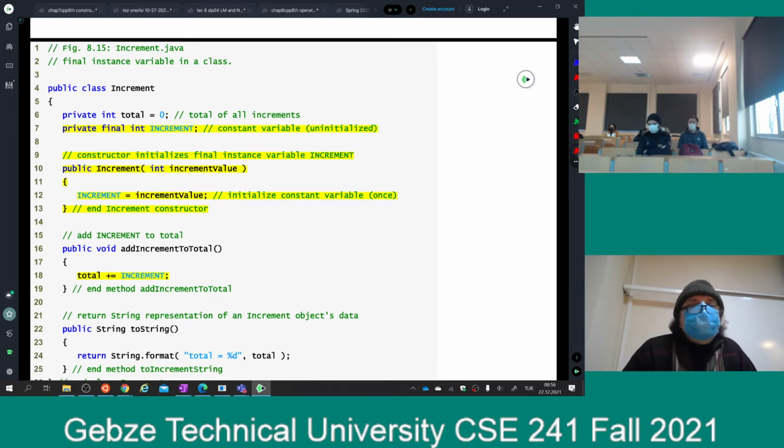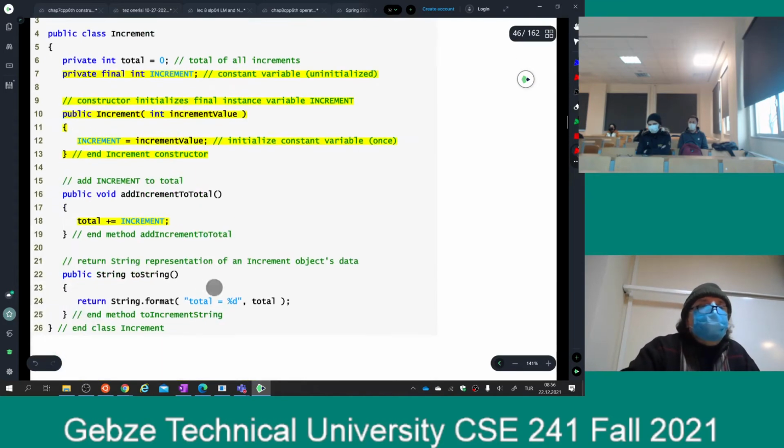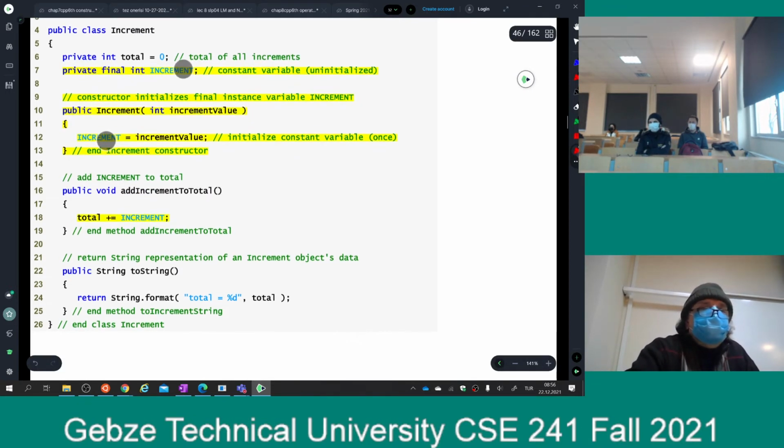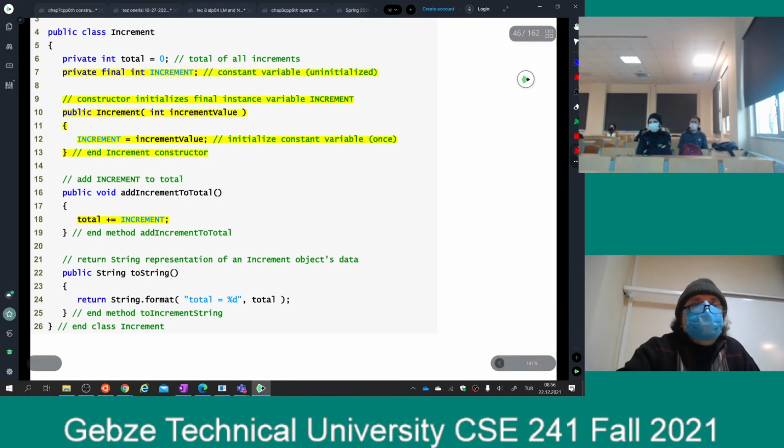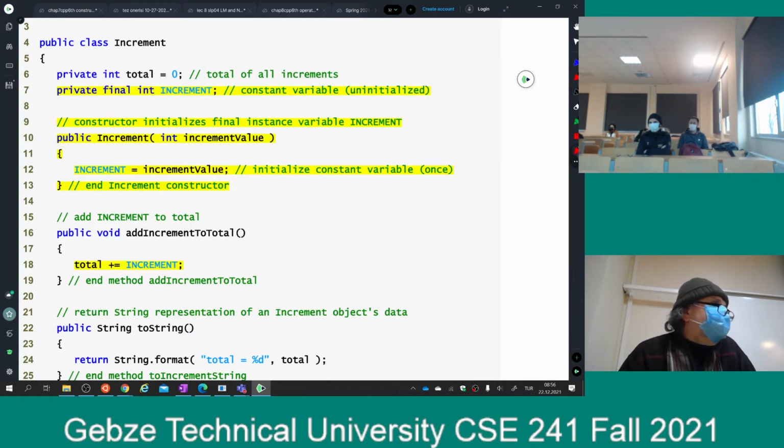So I know that this add increment to total or toString or any other methods in my class cannot change the value of increment. That's why increment is capitalized. It is written in capital letters. That's the custom in Java or in C++. Always use capital letters for your constant